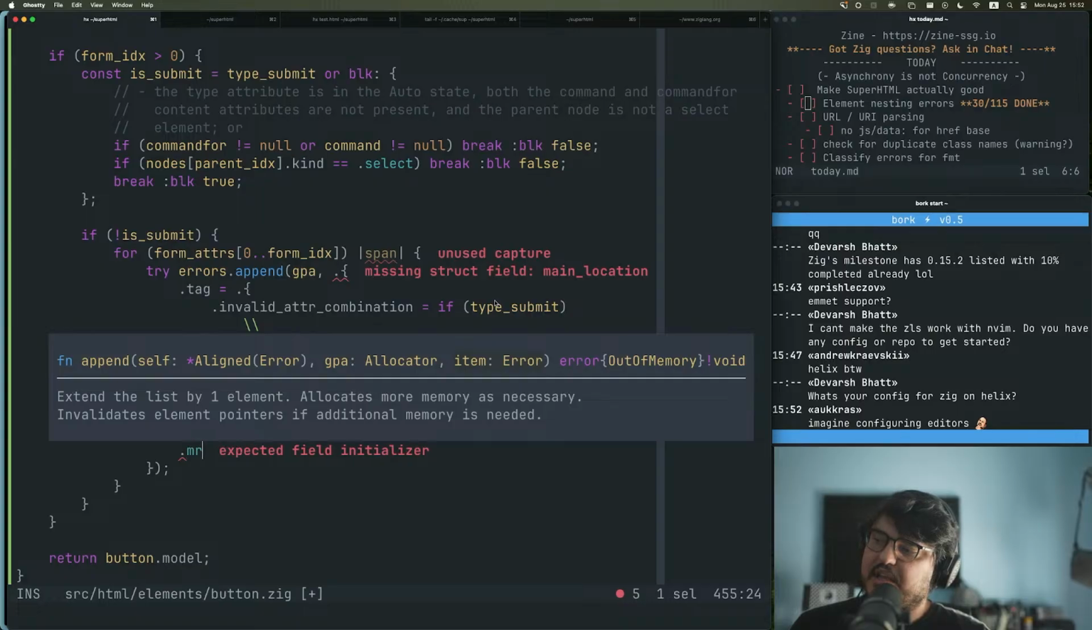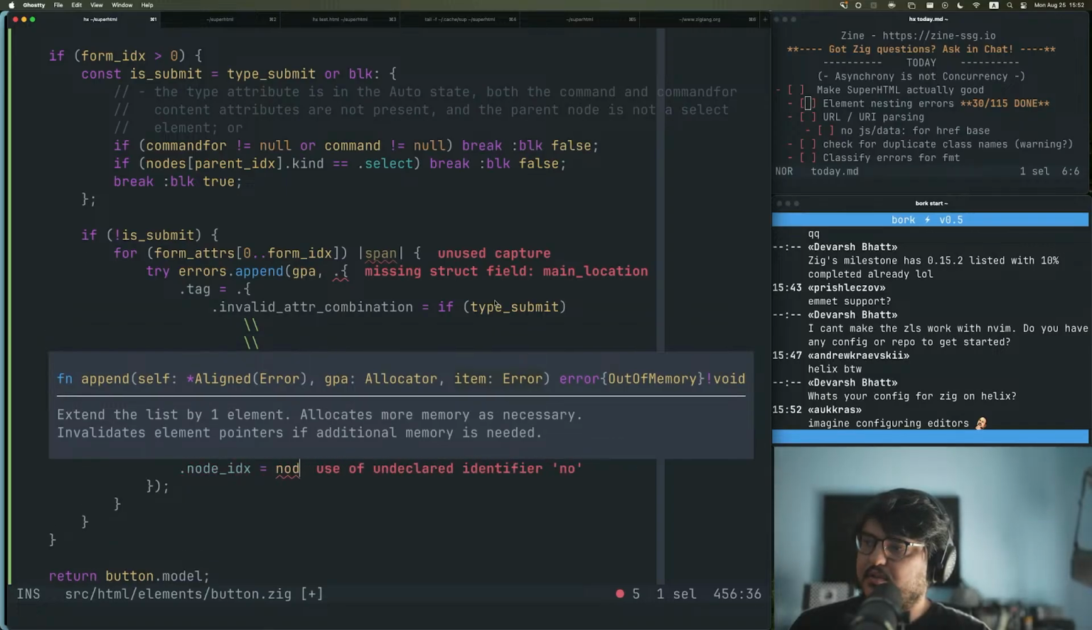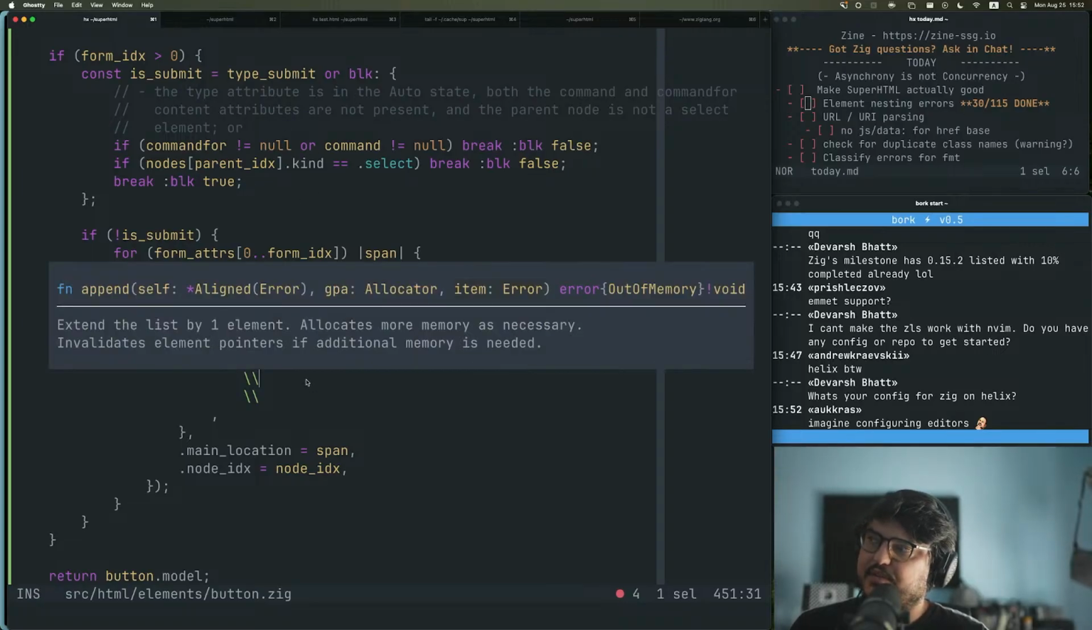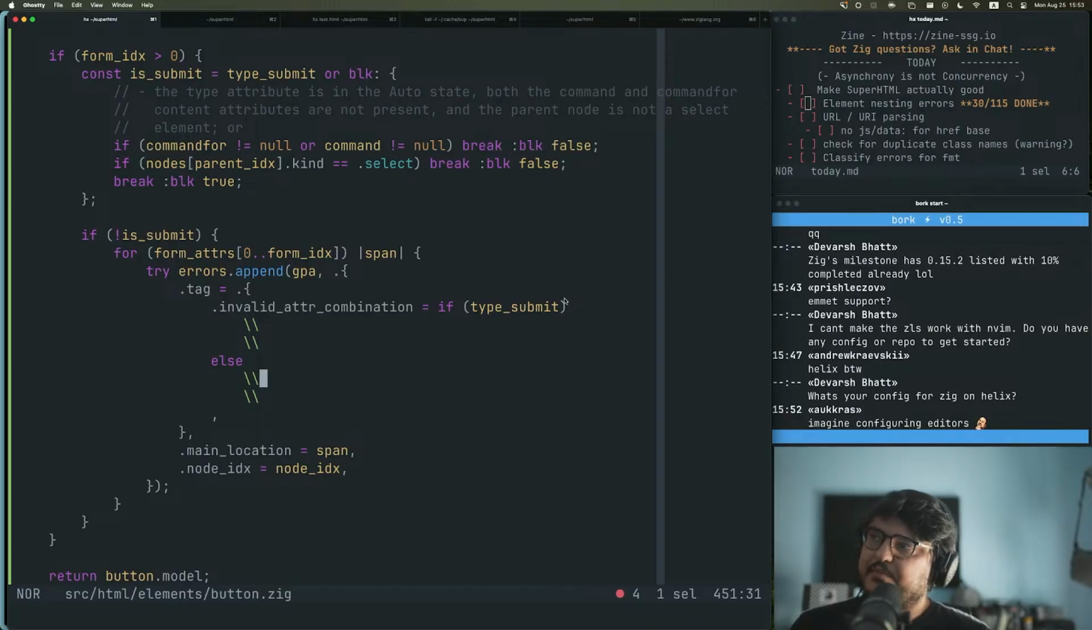Let's do the rest first. Main application. Span node IDX is node IDX. Okay, so check this out. If type submit is true, then it means that this is the other case, which is what's tripping us. While in here it's us having given it explicitly that value. And actually we could even get fancier and be more precise about this, but so far I think this level of precision is fine. So here's what we can say. If type submit is false, then we say